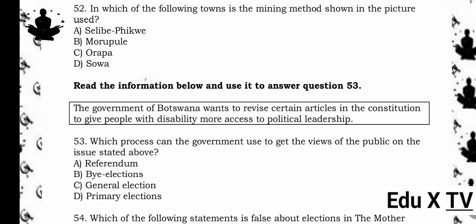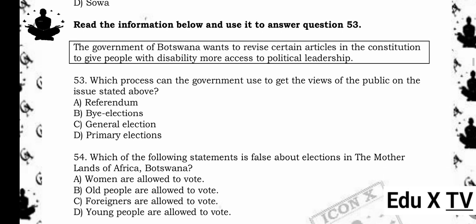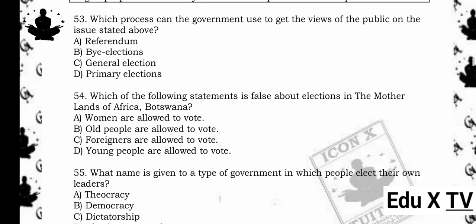Read the information below and use it to answer question 53. The government of Botswana wants to revise certain articles in the constitution to give people with disability more access to political leadership. 53. Which process can the government use to get the views of the public on the issue stated above? A. Referendum. B. By-elections. C. General election. D. Primary elections. The answer is A. Referendum. Reason being, a referendum is a process where the government asks the public to vote on a specific issue or